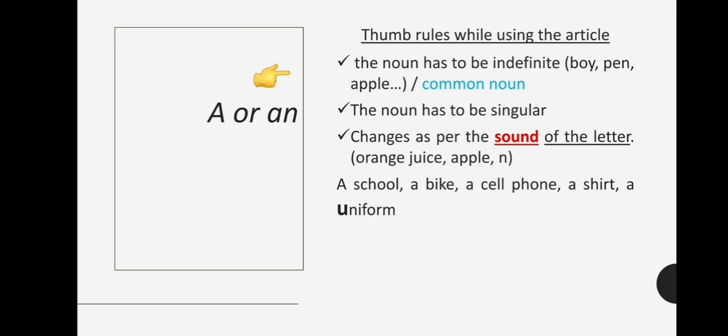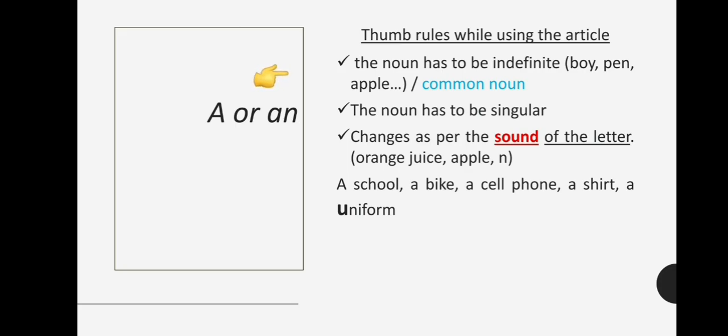It is not like that you will put "an" wherever you see the vowels. Here in uniform, you see the U has been used, which is one of the vowels. But when you pronounce it, it says the sound "yoo-niform", that is "yoo" and not "u". Hence, we are not using "an uniform" and we are simply using "a uniform".